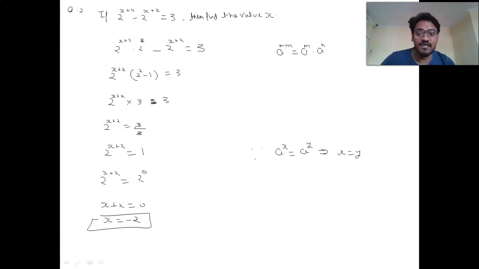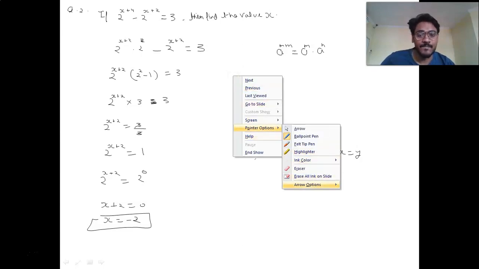Now let me take another kind of questions. See, now another kind of questions can be of this form. For example, let me take a question based on simplification. Okay, we will be just using the laws of exponent, but how we will be using? We will be using them into the variables to prove some particular result. Okay, which we have to prove. For example, see this question.